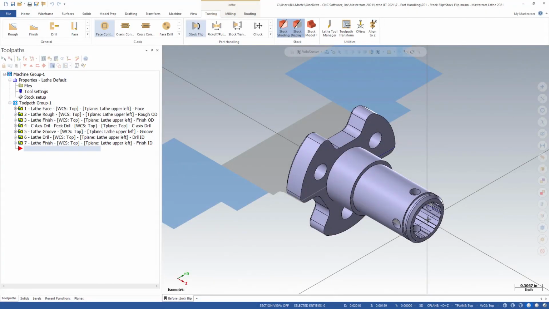In this lesson, we will be creating a stock flip operation. The stock flip facilitates processing both sides of a part in a lathe with only one spindle. It maintains all the information for the part in one file. An alternative method would be to create two files, one for the front and one for the back of the